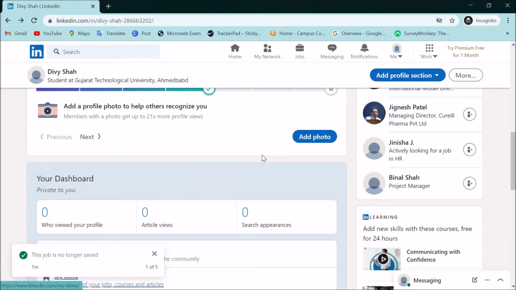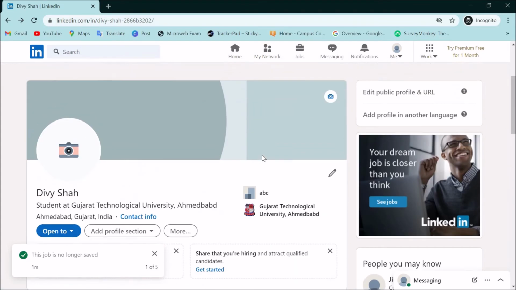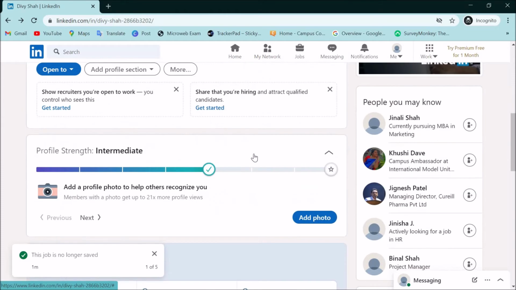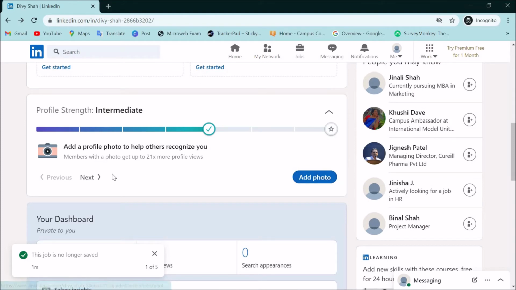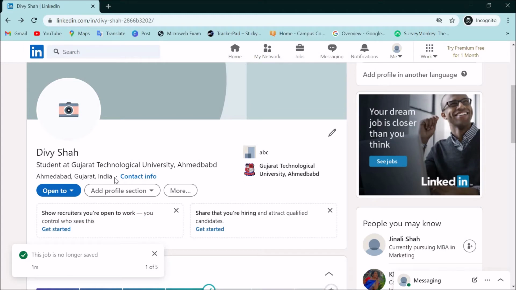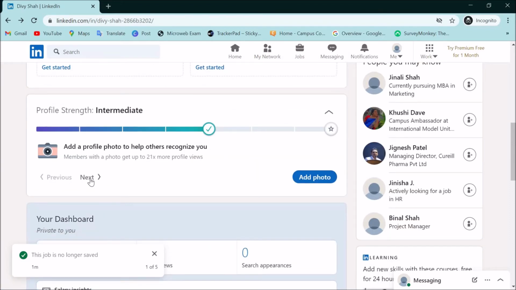As you guys are students, you can't do that, so simply write your current position in your college. If you are in the first semester, second semester, or second year, you can write that. Then simply add a photo. I can't add my photo because they analyze my photo and will show this is my second account, so they would ban both my accounts.